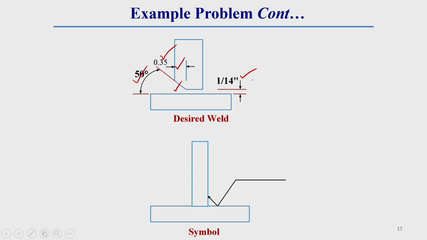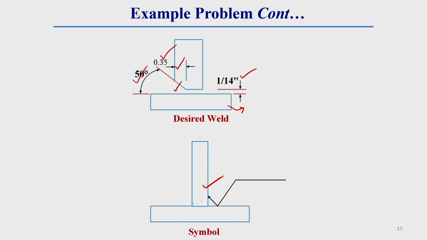So, how to do this? Here the bevel angle we have to make is on this side of the T joint. So, the broken arrow should face this way, because on this side we have to make the edge preparation. You see, on this flange no edge preparation is done. That is why, as I have explained previously, the broken arrow symbol should be directed towards where we have to do the beveling operation.